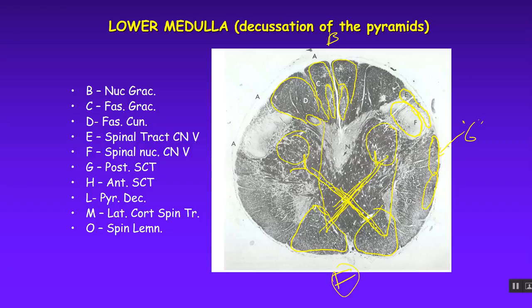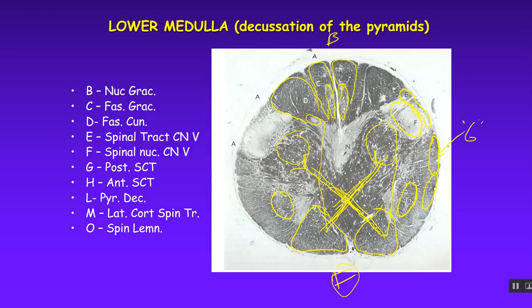We're too low right now. We're not quite seeing yet the decussation of the medial lemniscus. That's a little higher up that occurs. Okay, this is motor tracts crossing very low in the medulla. Okay, the pyramidal decussation. The other thing we want to look at here, O right here, is a pathway. That's the spinal lemniscus,